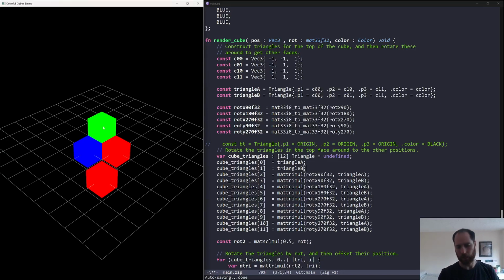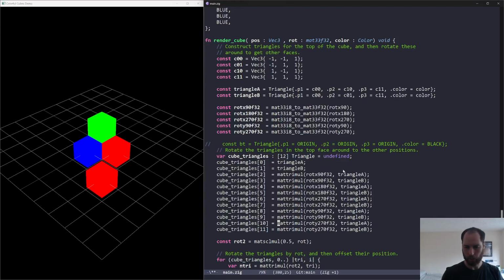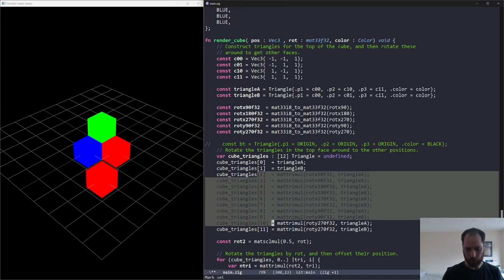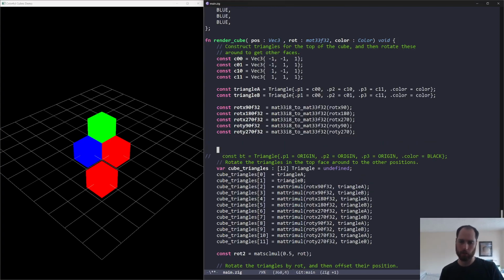Alternatively, we can actually simplify a lot of this, because the only thing that's really happening in here is the matrices that are changing. So we can actually create a list of these matrices and then fill up this entire thing by iterating over the matrices. Doing this would then enable us to just specify what one face looks like, and all the other faces would follow suit. So let's just do that now. So we can just say matrix list. We want this to be a series of 6